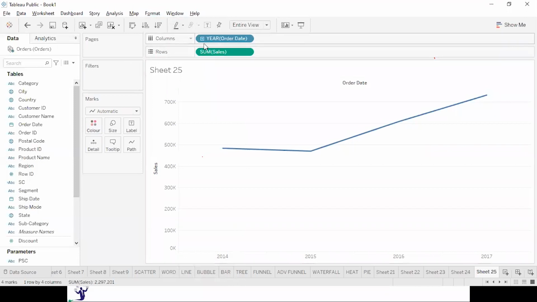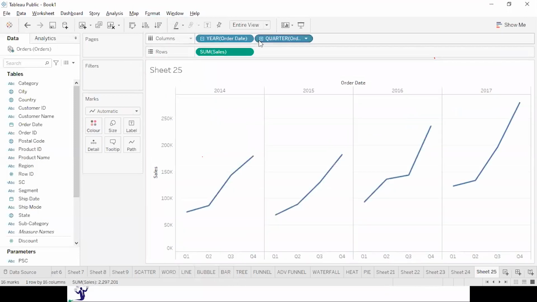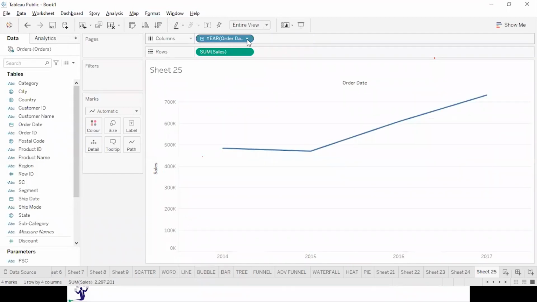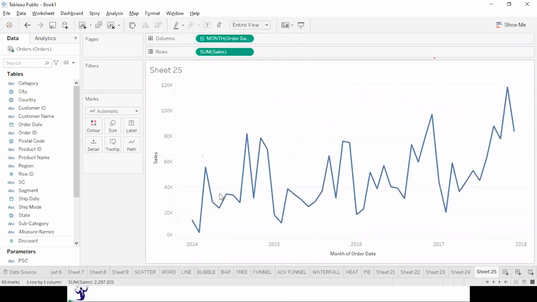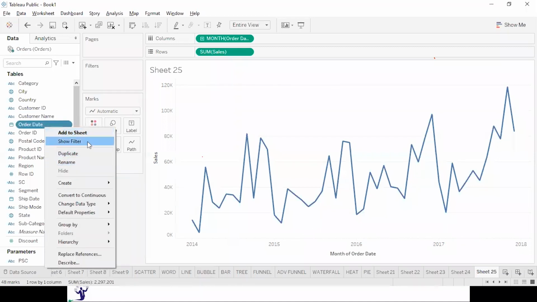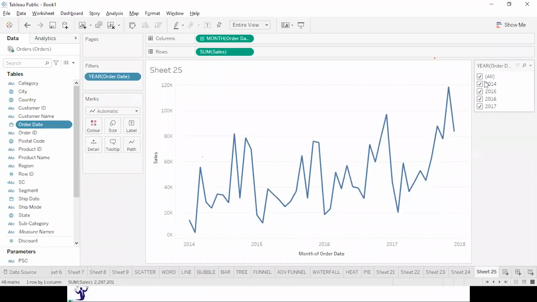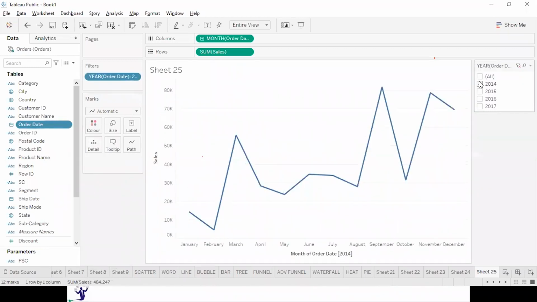Okay, and here let's take the month. I will put the order date into the filter so that I can focus on one year. This is what we are getting.